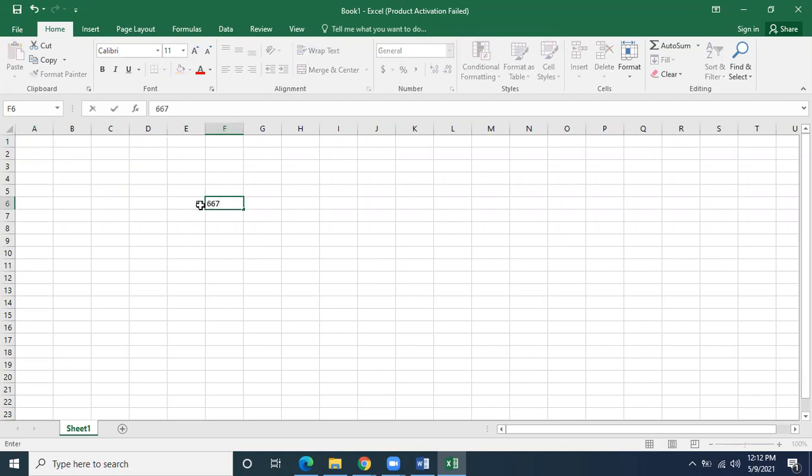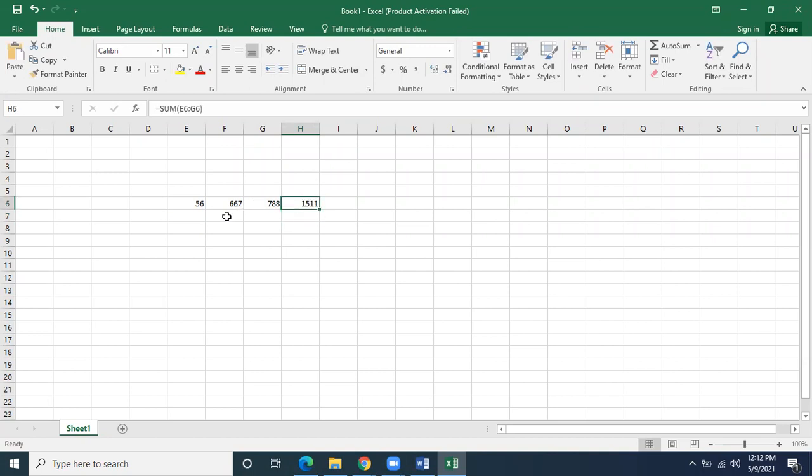Then the operation will be done by the CPU. If I apply one formula, all these numbers can be added, and when I press enter, the CPU will give the result, and the result will come back to RAM, and then the result will be visible to us.